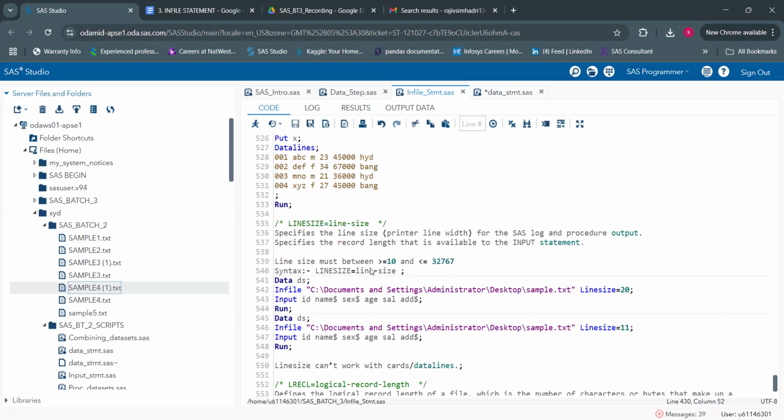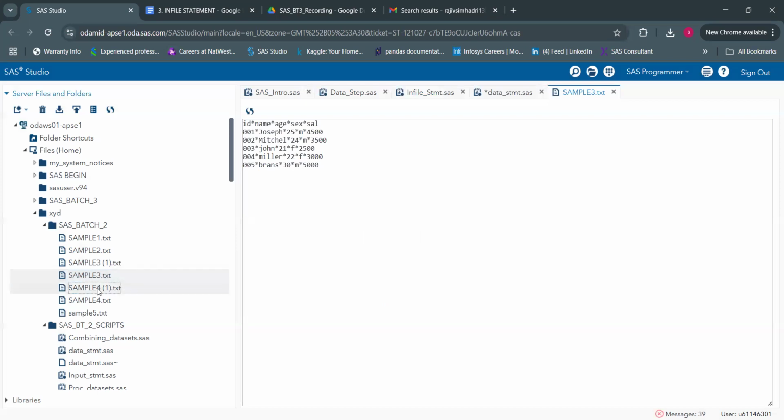The line size is typically from greater than or equal to 10 up to 32,767. So why is line size important? For example, if I have the data in this way, my ID name is Sally. I need to consider data such that